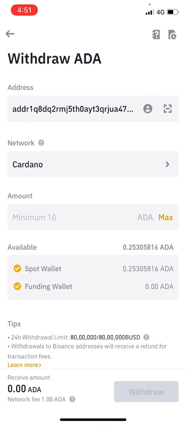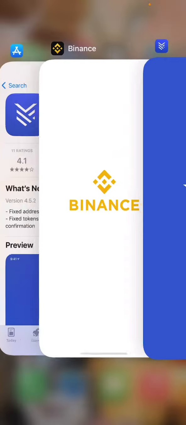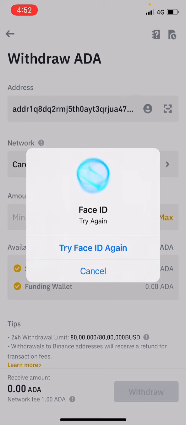and paste this address. Okay, and Binance has automatically detected that it is Cardano, but the truth is this address is from the Cardano network, guys. So keep that in mind. Okay, so the Cardano network is the network that you need to send on from any of the exchanges. Okay, so keep that in your mind. When you are sending, it should be on the Cardano network.